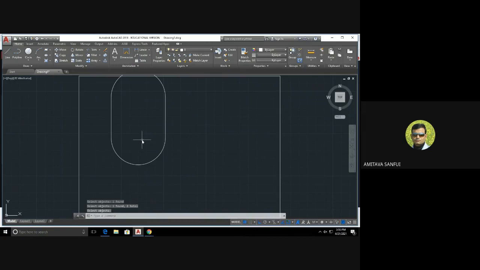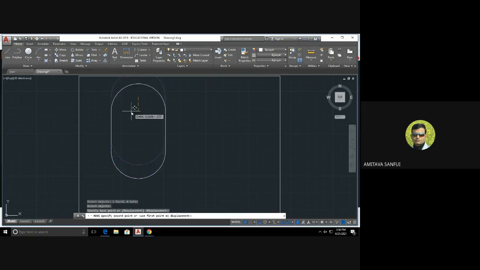Now the use of other commands like move. See, the object has gone outside the boundary. So if I have to move the object, I have to select the move command. Then I have to catch it in a window. Just leave the cursor and select the whole object. This has not been selected, so you can select it separately also. Now press enter. Now you have to select a point about which you will move the object. So I am selecting this point. Any point can be selected, but here I am selecting this point. So I have to press a left click.